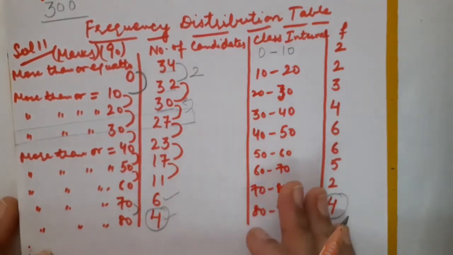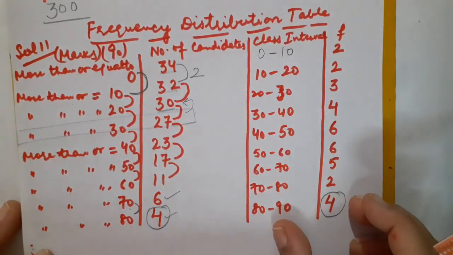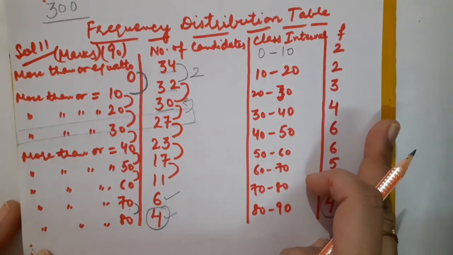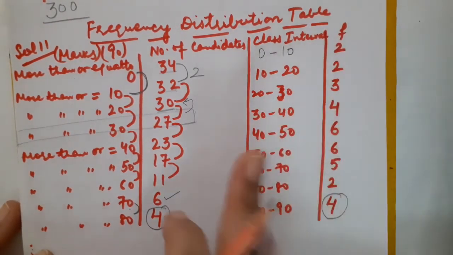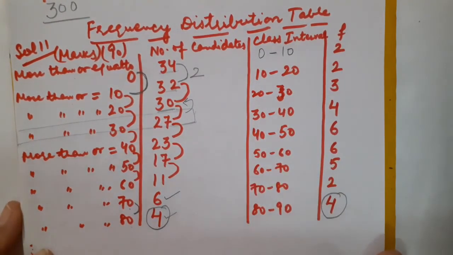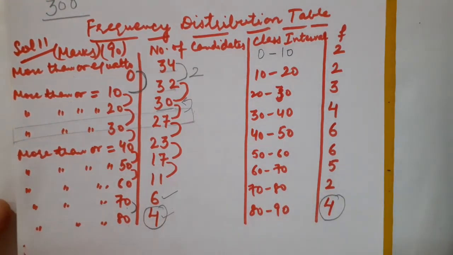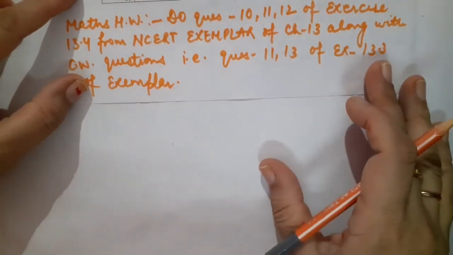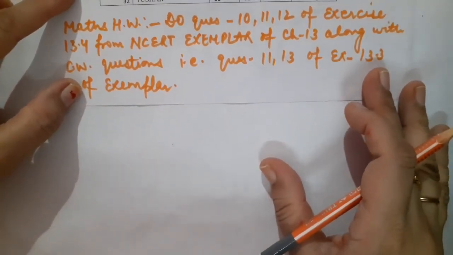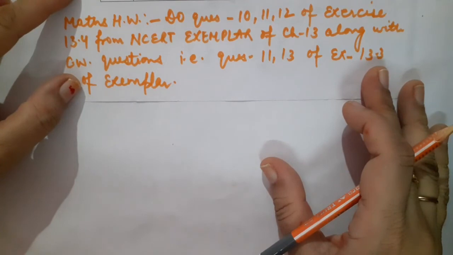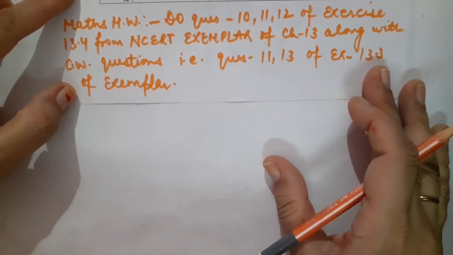For that, we will have to reach on class interval frequency, and then we have to reach on less than type and its cumulative frequency, and then ultimately we will be able to calculate median. Clear, children? So children, that's it for the day. Children, there are variety of questions given in NCERT exemplar to revise this cumulative frequency distribution table using less than as well as more than type.